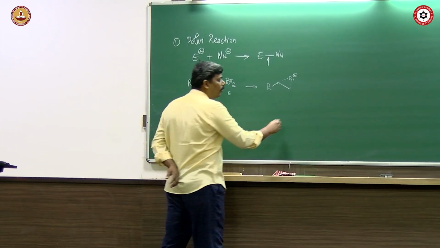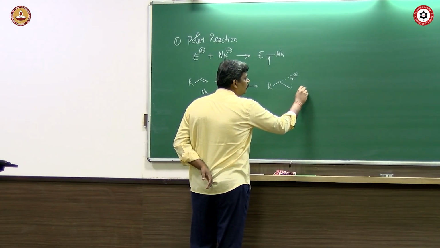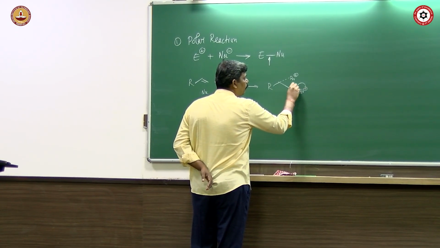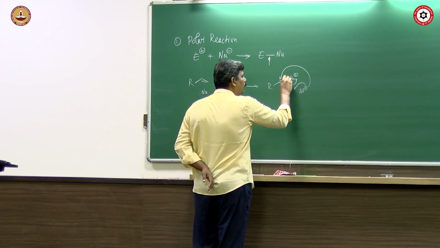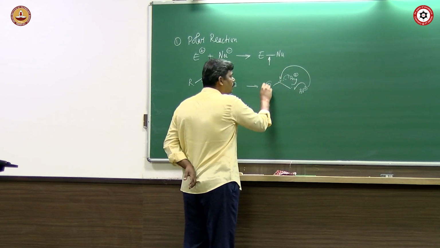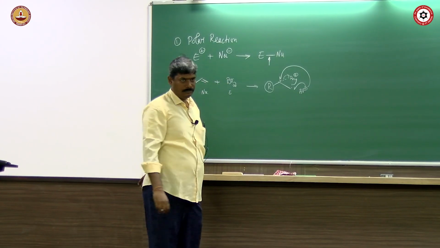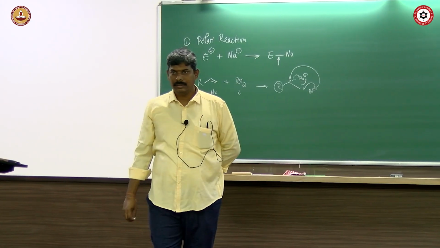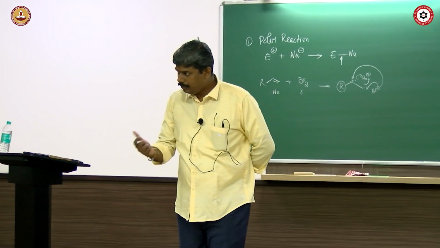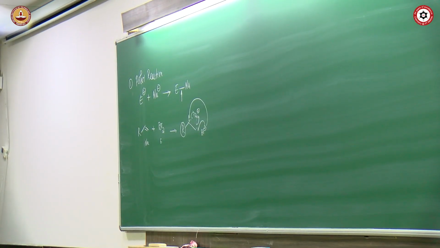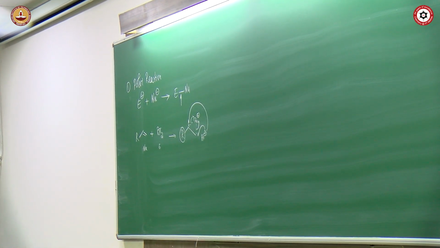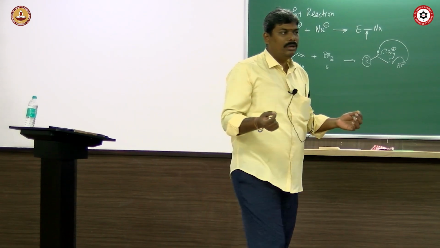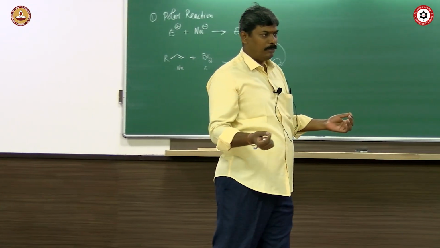And then you will have a counter ion Br minus, which can potentially open up either from here or from here. It depends on the R substitution. Am I right? You will have a ratio of the product, depends, because here you don't need to worry about, because both the atoms you are adding a bromine. So you are adding an identical species. So you are not going to differentiate, you need not be worried which side it opens up.